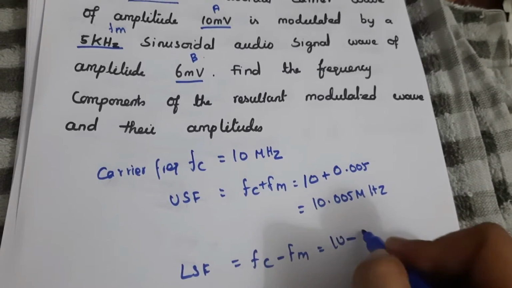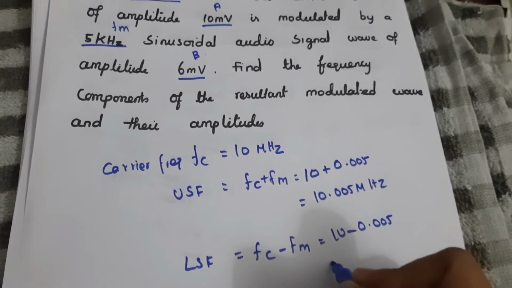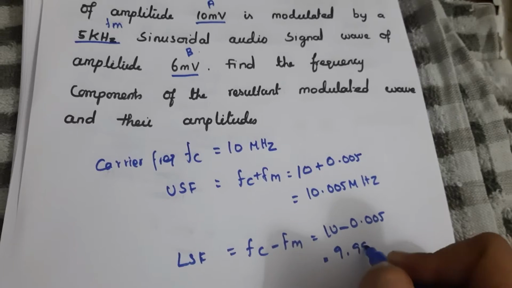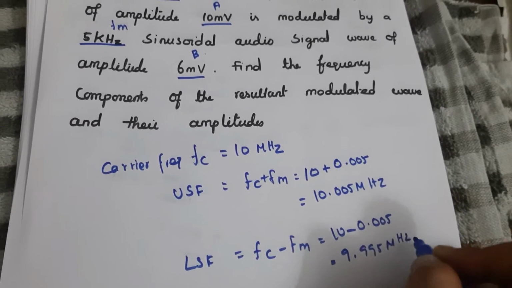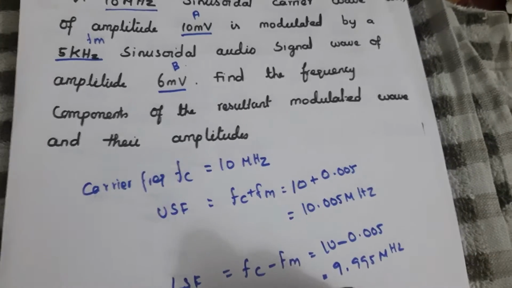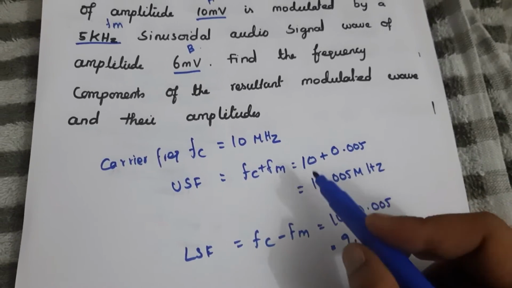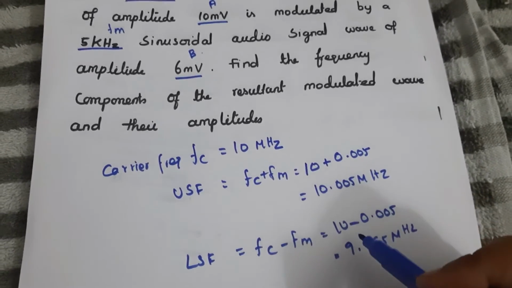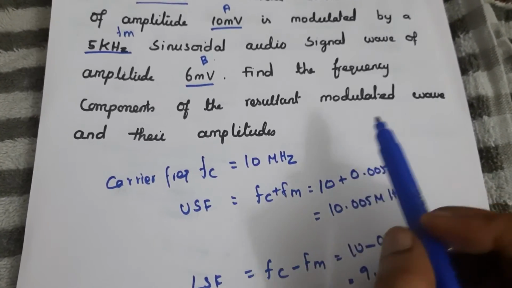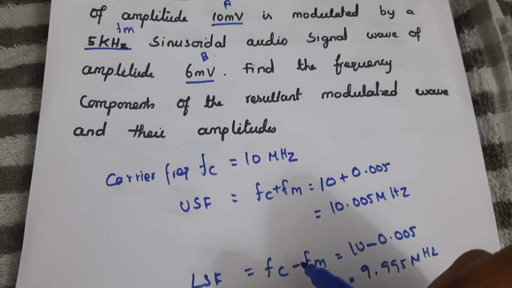So 10 minus 0.005, we will get 9.995 megahertz, and this is the lower side frequency. So we have now found the frequency components, calculated the frequency components of the resultant modulated wave,